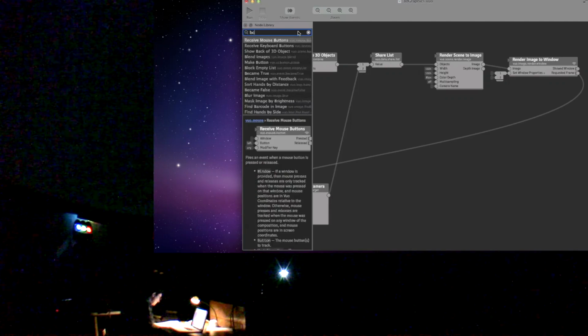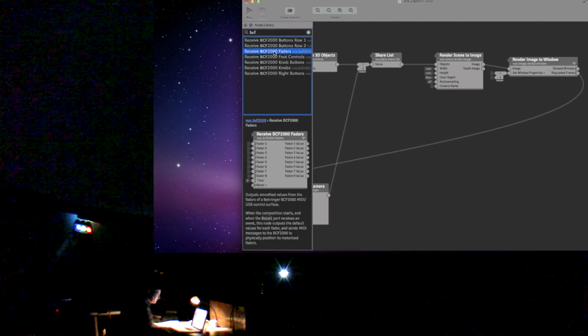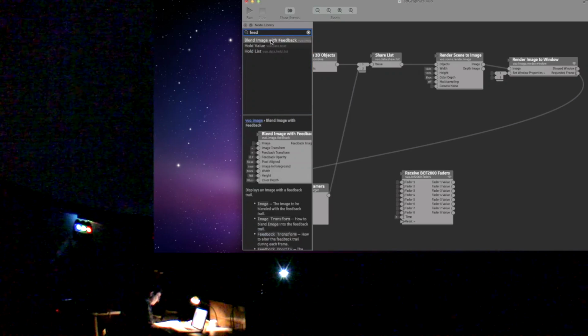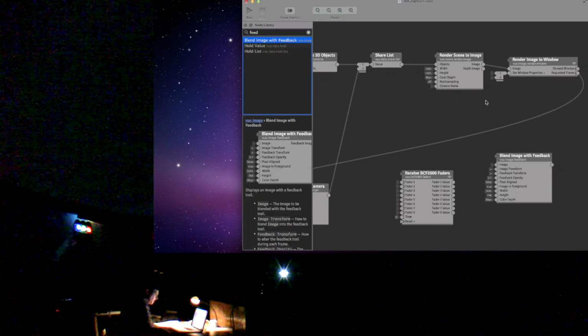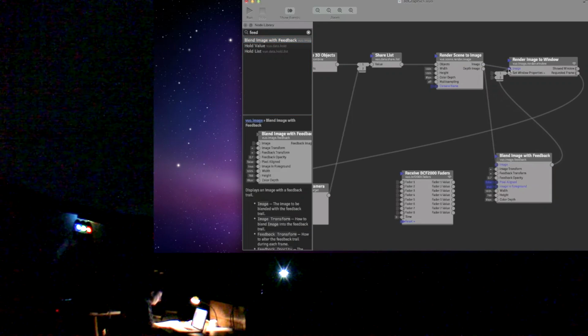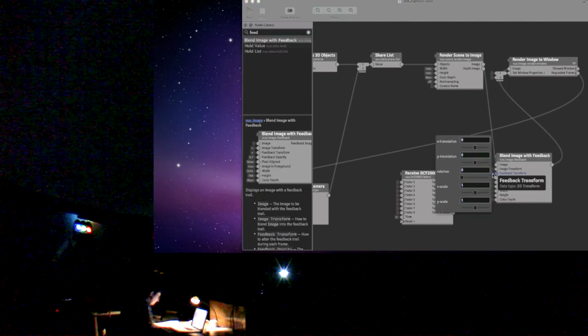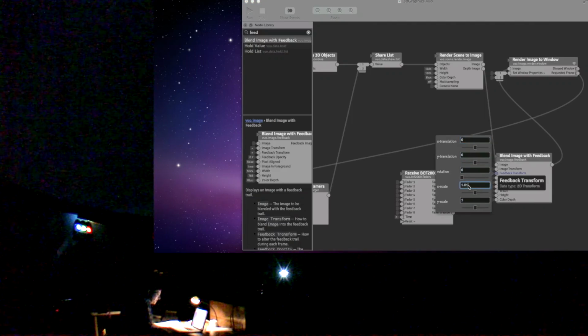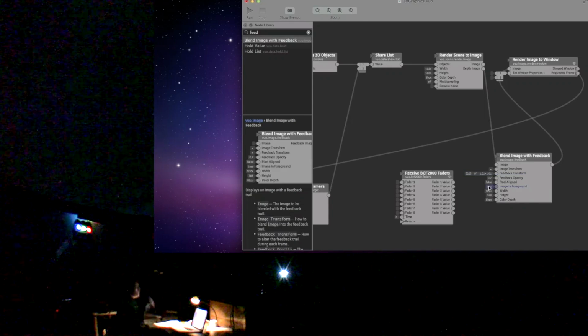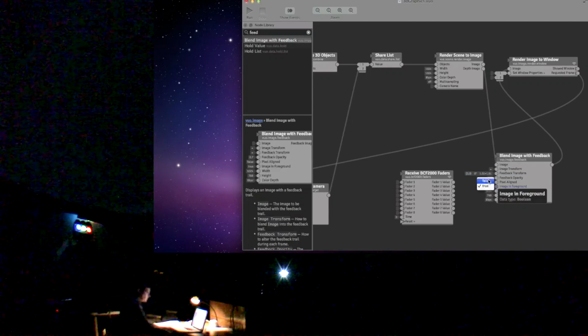And now we will use the Receive BCF 2000 Faders node to capture the MIDI messages coming in from the Behringer fader. And we're going to convert those into numbers that we can feed into the blend image with feedback node to control the amount of feedback or echoiness in the image.